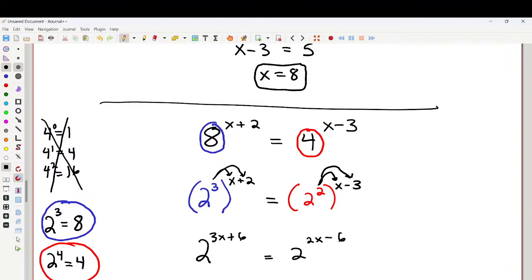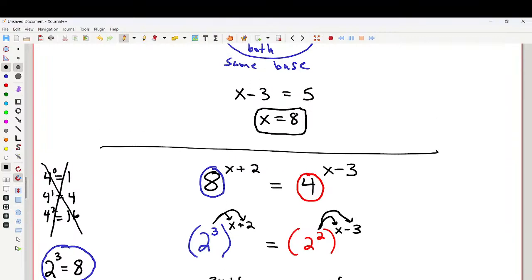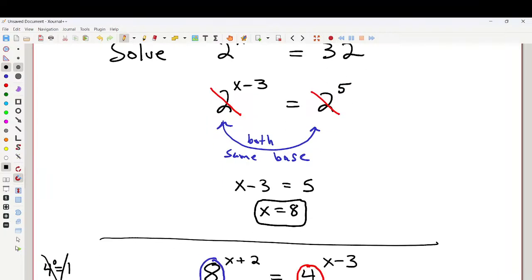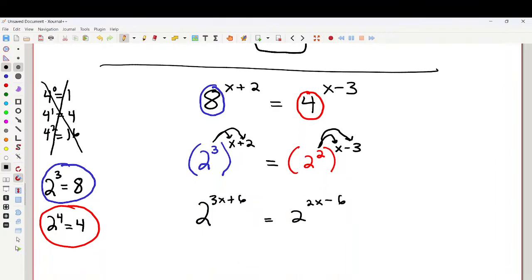So example 1, we learned that sometimes we can probably just look and figure out the answer, but we learned a strategy. They have to be the same base. In this example, we said, oh, I need to figure out a base to use. And that can be the challenging part, but I'll tell you this, it's going to probably be a 2 or a 3. I'll tell you for sure it's like a 2 or 3 or maybe a 5